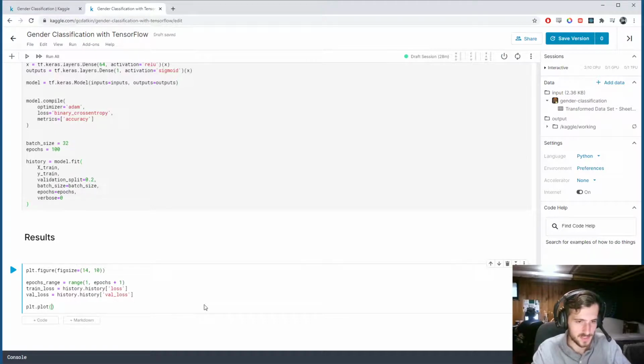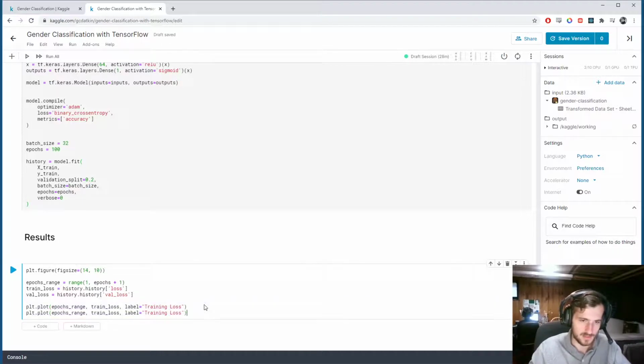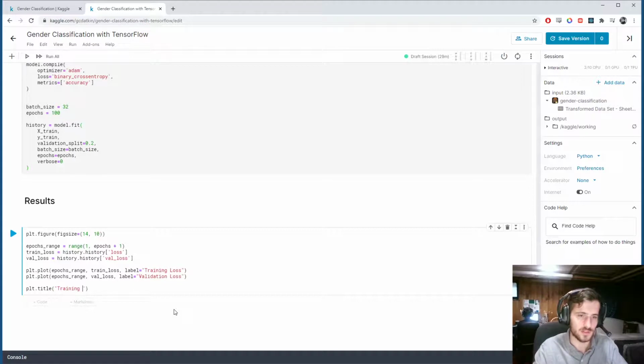Now we'll plot on the x-axis the epochs range, and on the y-axis the training loss. So I'll just label that. And then we'll do another plot, this time of the validation loss. We'll just title this training and validation loss, plt.xlabel epoch, plt.ylabel loss, and we'll turn on the legend. Show the plot,